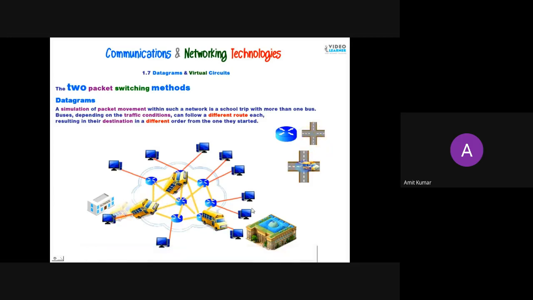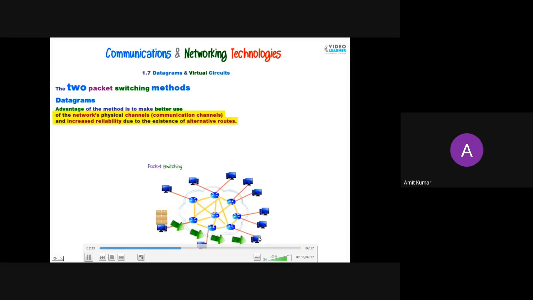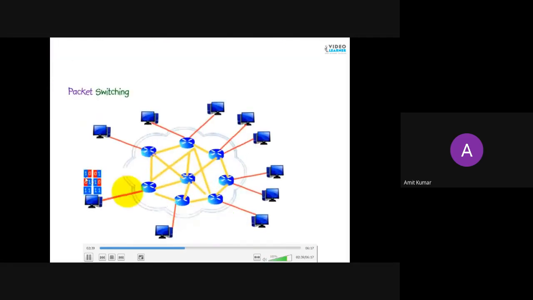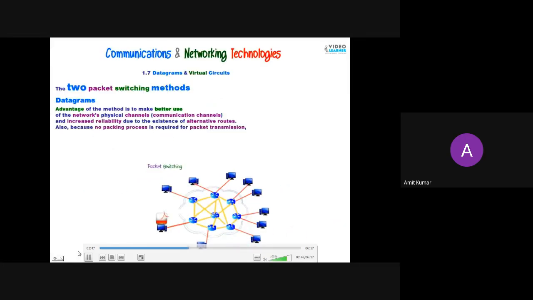On the basis of your traffic condition or road condition, they will choose the path. You can see here, first you need to divide your message. Then each message will have to arrive at this point, receiver A. Each packet will have a sequence number 1, 2, 3, 4, and each packet will have the IP address of your destination. At the receiving side, you will receive all the messages, reassemble them, and retrieve the message. In this way, you are going to receive the message.